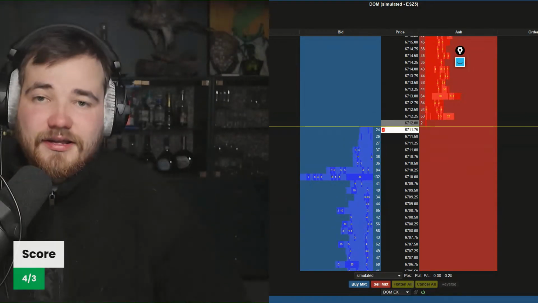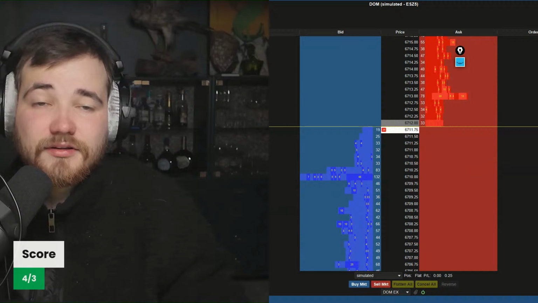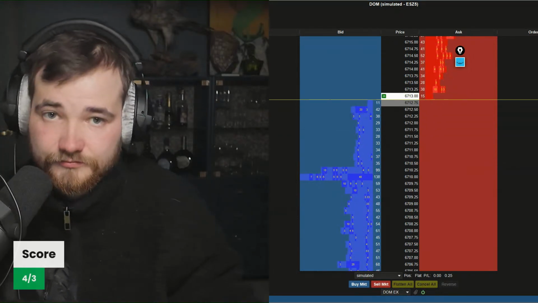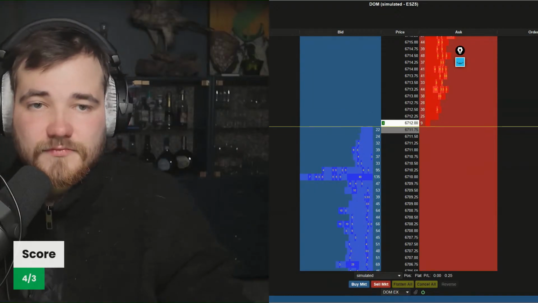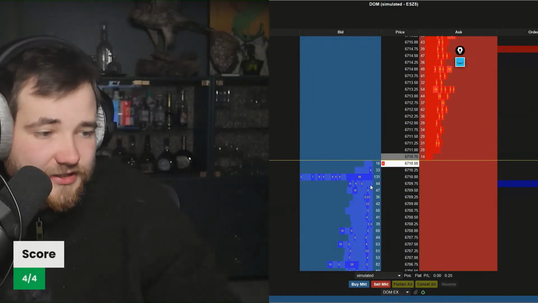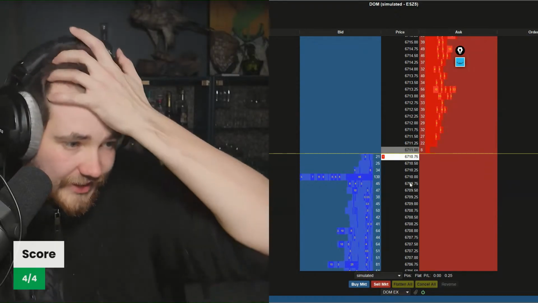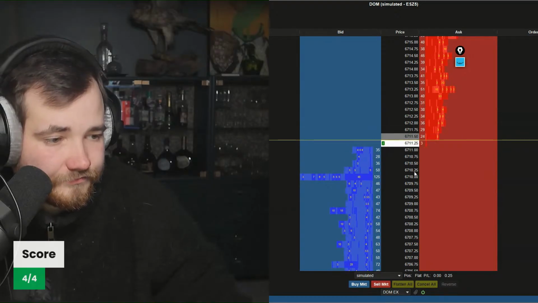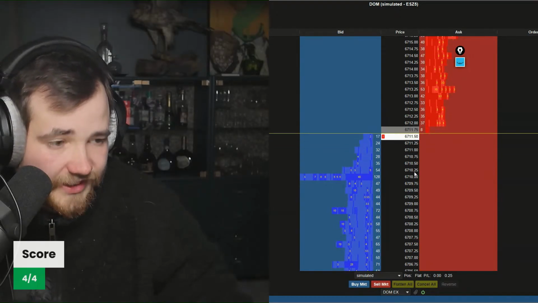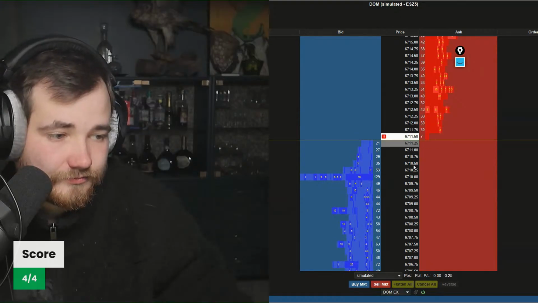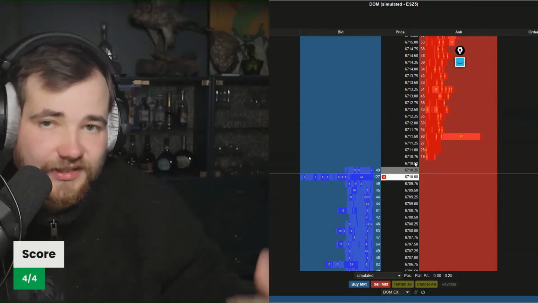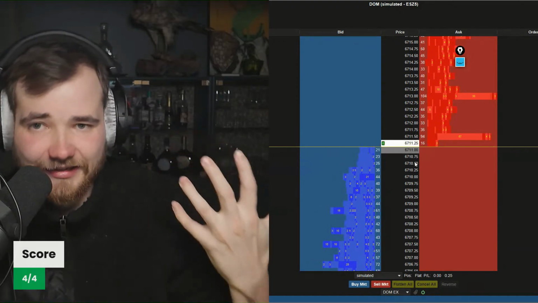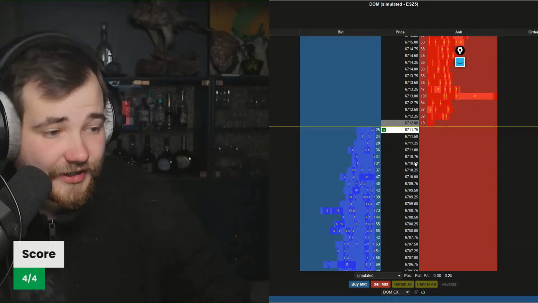All right, let's try another one, and let's update the score so we're not cheating ourselves by any chance. Okay, let's see. The market is dropping a little bit just based on the movement. Let's see if we can find that snap. But this is so far like a coin toss, right? We're just tossing a coin. It's 50-50. I feel like I don't really have very much edge here, to be honest.